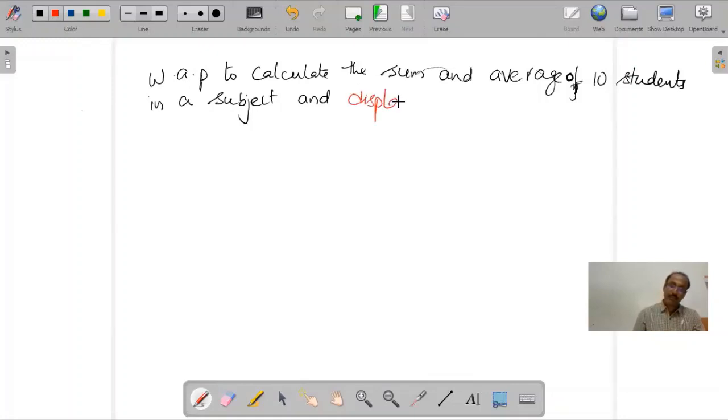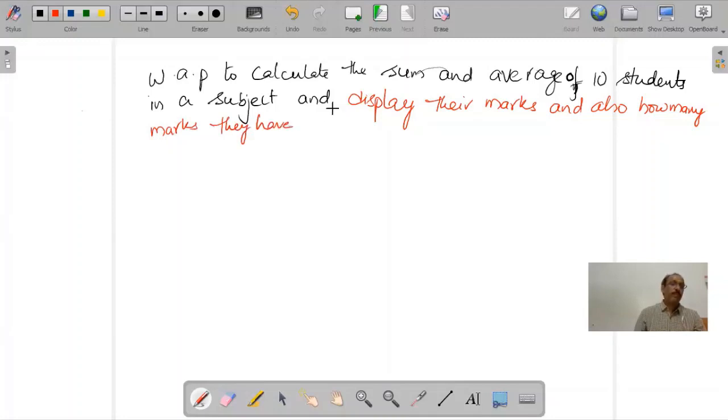display their marks and also how many marks they have either more than or less than